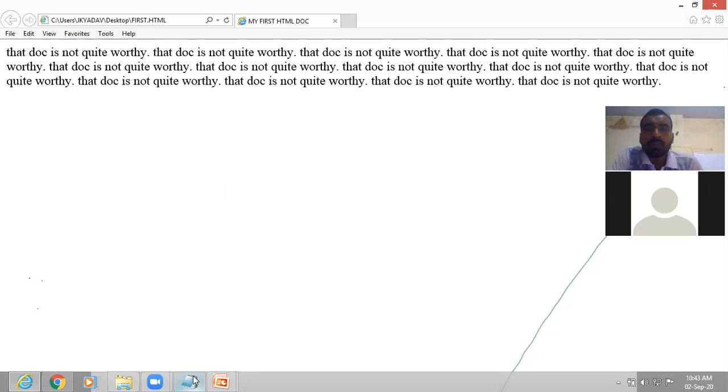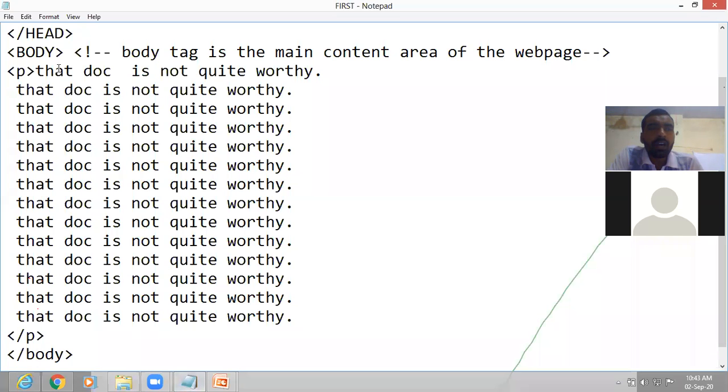In your HTML code, you will count 1, 2, 3, 4. From the 4th part, here you will write the BR tag. If you write the BR tag here, it will change the line in your HTML output or HTML page.